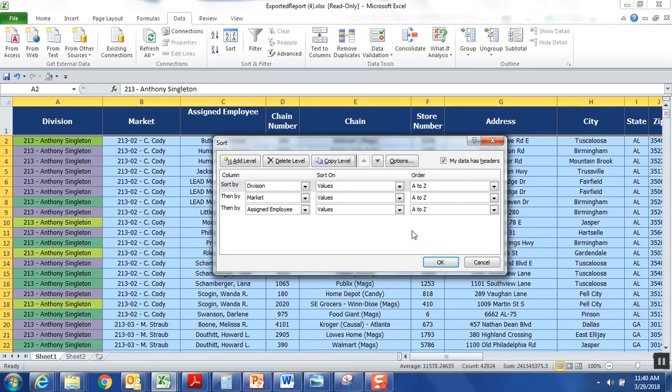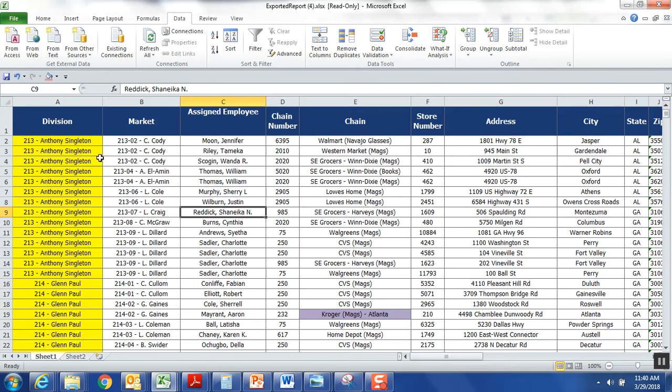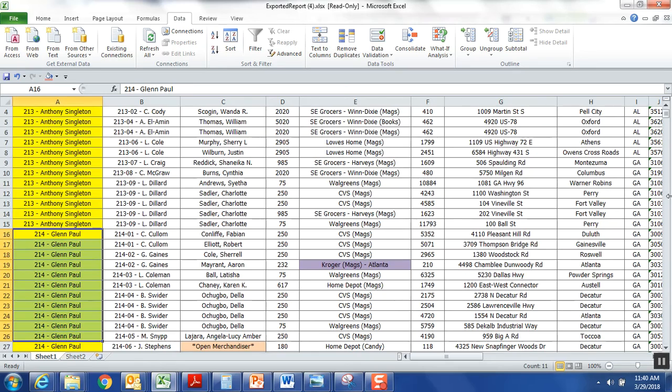It's got different categories. So we're going to sort by color, cell color. Leave everything the way it is over here. We're just going to do this by cell color. And then click this down here. And the first thing I want to do is missed visits. So I'm going to select yellow and click OK. Now you see all of Anthony's missed visits are bunched together, all of Glenn's missed visits, and so on and so